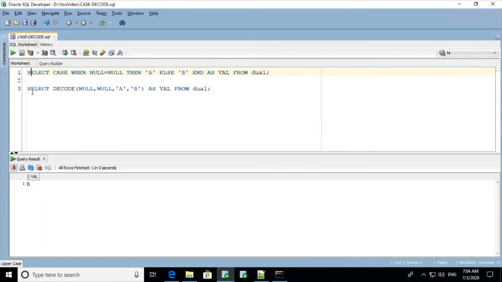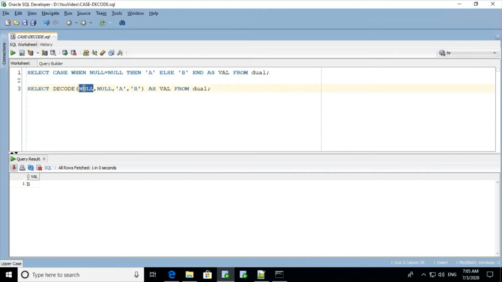But the same query, if we write the same null values and compare with the help of the DECODE statement, let us see what output we get. Before executing this query, I just wanted to tell you about the DECODE function.